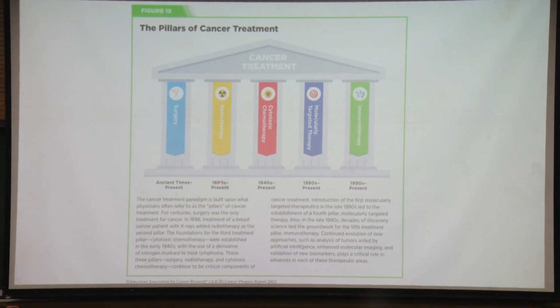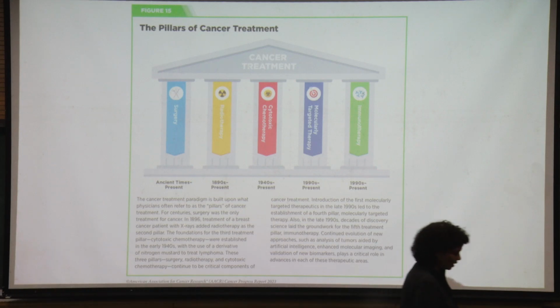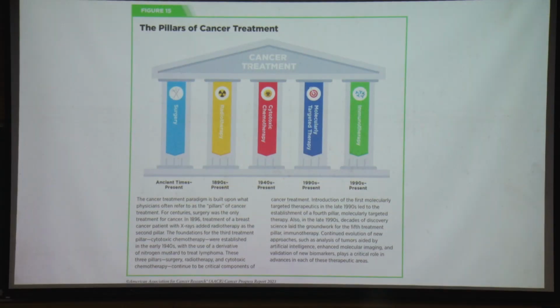Radiotherapy started in the 1890s. It is still used at present. Cytotoxic chemotherapy actually started in the 1940s. Okay, it is still used. Okay, molecular targeted therapy started in the 1990s, and it is one of the most common ways. Immunotherapy, it says 1990s, but it was not that popular in 1990 because, and even I know of a case,